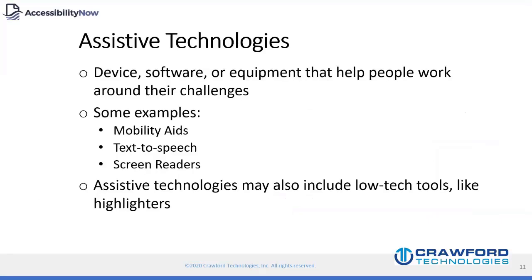Now, once information has been made accessible, that's really not the last step in actually making information available to those end users who require accessible information. The next step is for assistive technologies to be able to interpret the information. Now, assistive technologies doesn't necessarily mean that it needs to be an expensive piece of equipment or tool to interpret